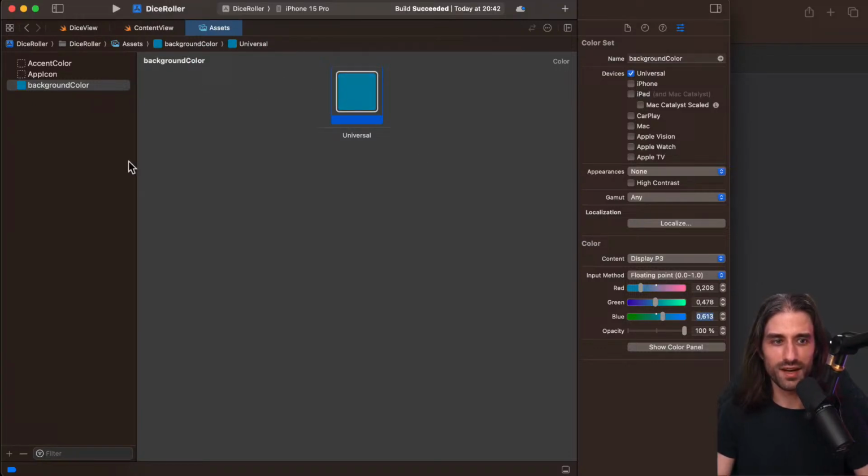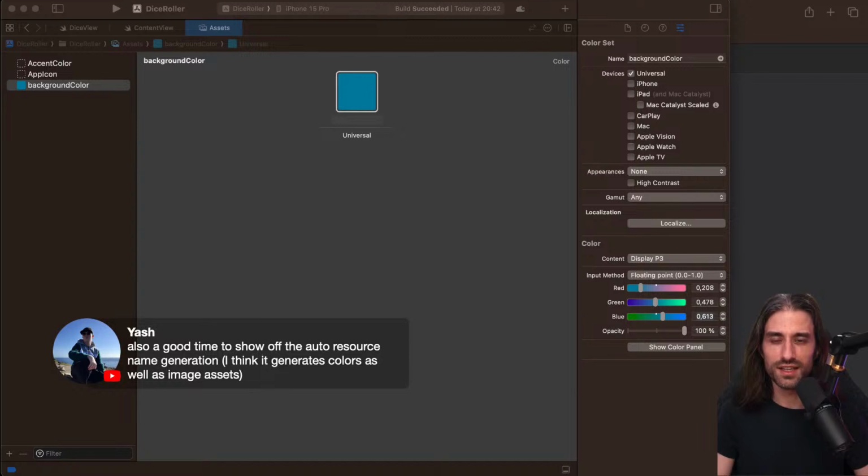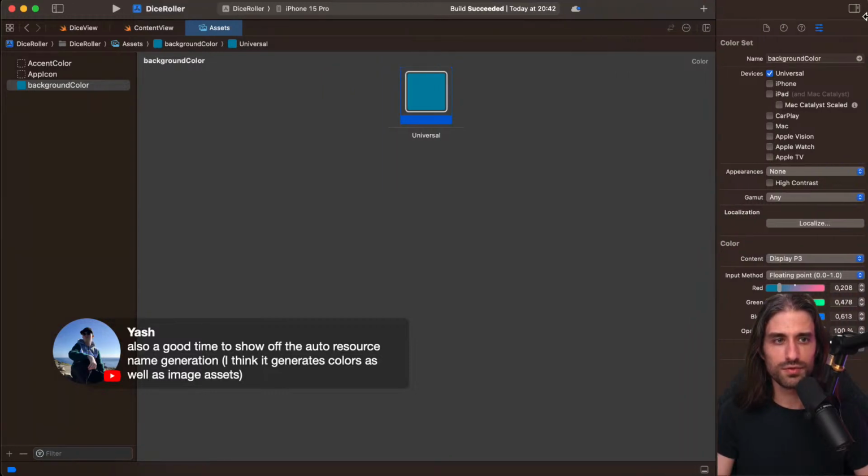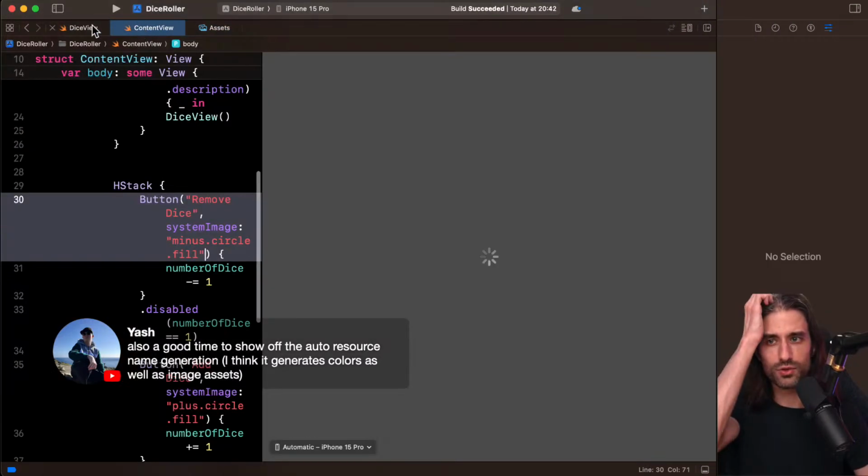Okay, so that's the color that we have, and as Yash is saying, Xcode is going to automatically generate a code identifier for this color name, which is pretty cool. Let me move the window back to full width and go back to the code.